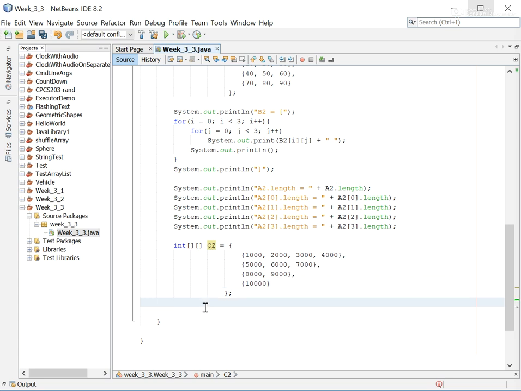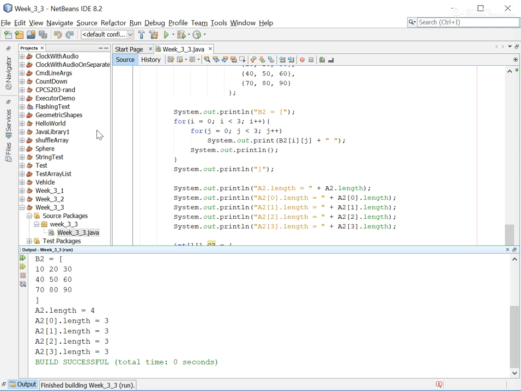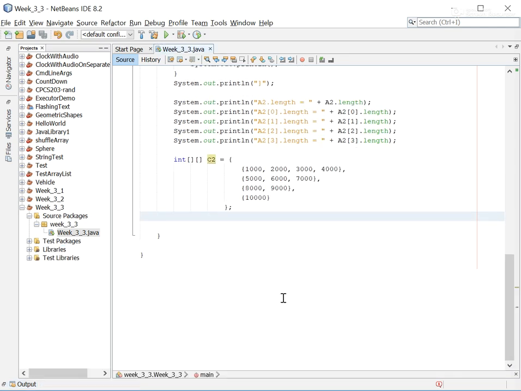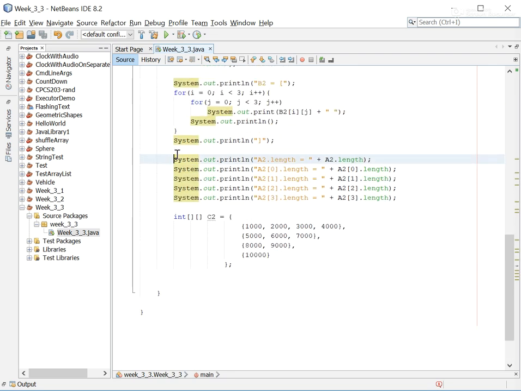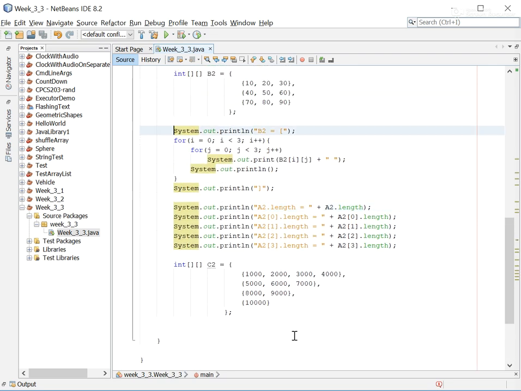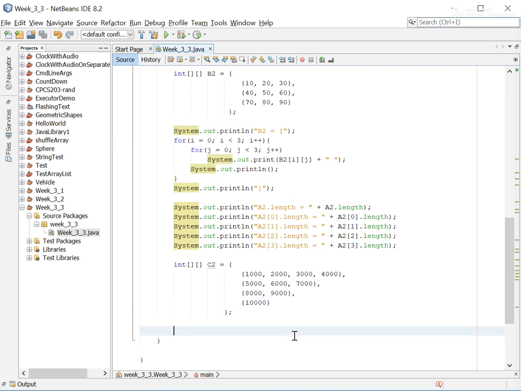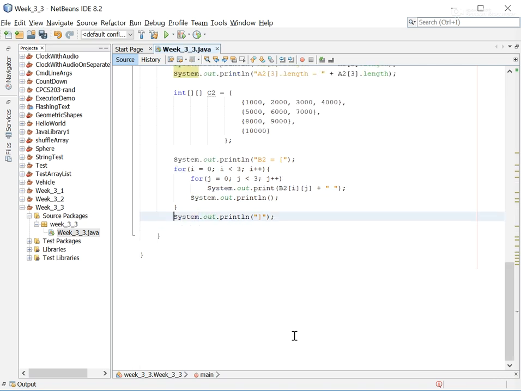Let's see if this is even possible. Looks messed up. So I just run this. If I don't get an error, it means Java is okay with it. Aha, no error. So while we're at it, let's print this out. And let's print it out using a loop this time,